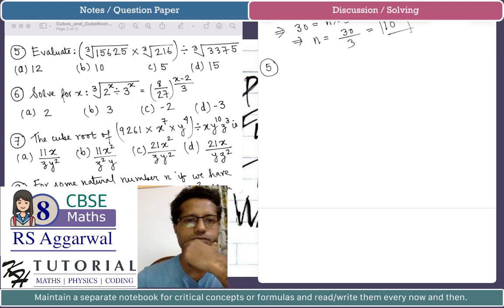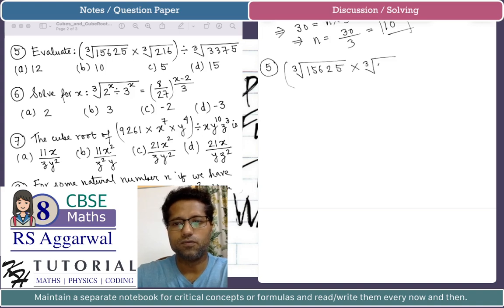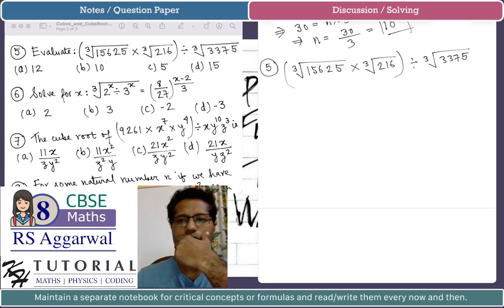Evaluate. Okay, so we have to evaluate the cube root of 15625 multiplied by the cube root of 216, and this divided by the cube root of 3375. Now what will be the cube root of